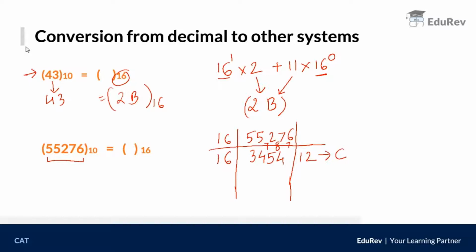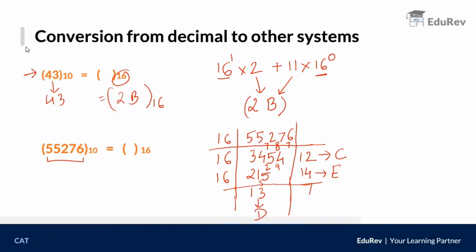I will again divide 3454 by 16. So this will be 16 2s are 32. 2 is remaining. 16 1s are 16. I have 9 remaining. Then 16 5s is 80. I have 14 remaining. So 14 stands for E. Again you divide 215 by 16. So that will be 16 1s are 16. You have 55. So 16 3s are 48. So you have 7 remaining and that's it. Later on 13 is not divisible by 16.